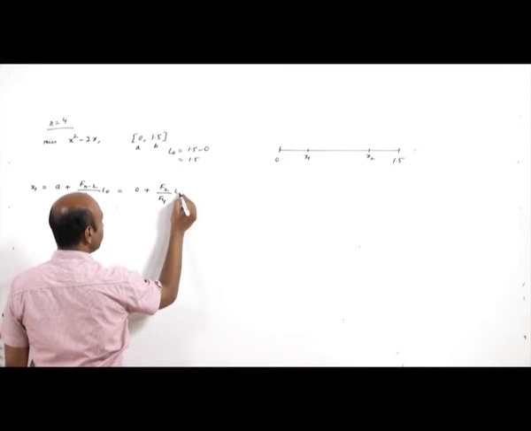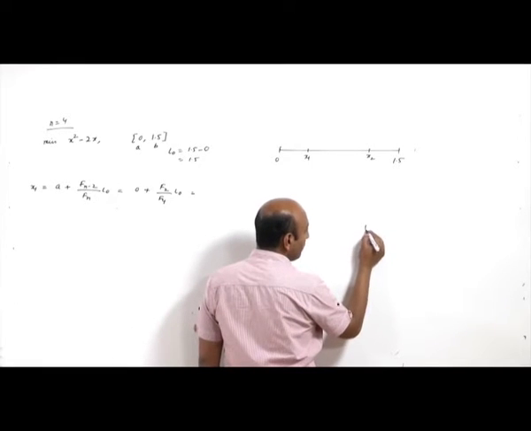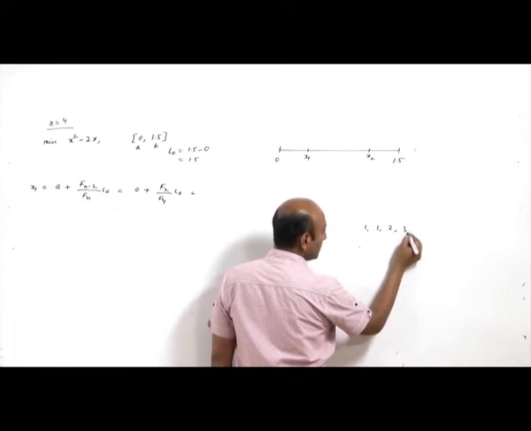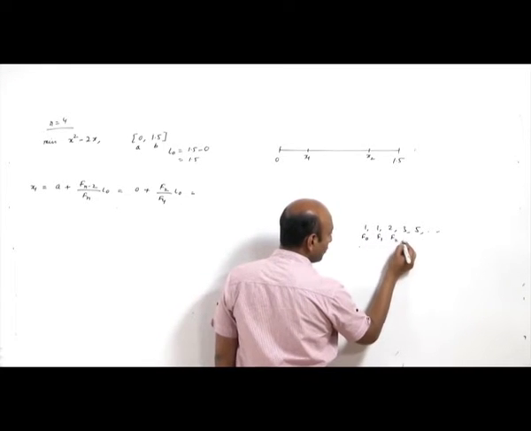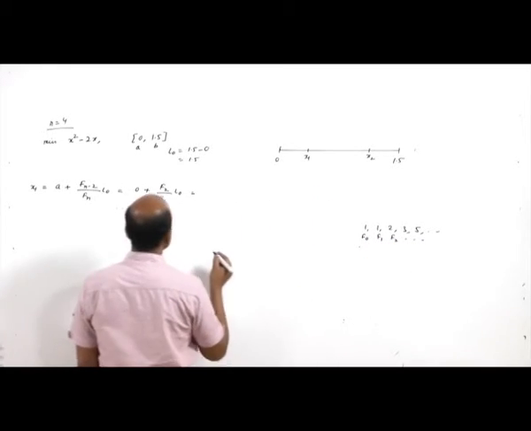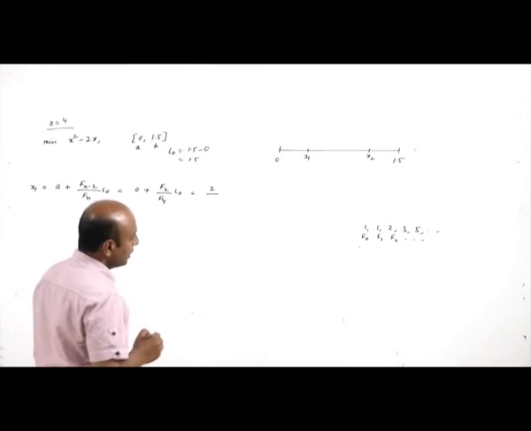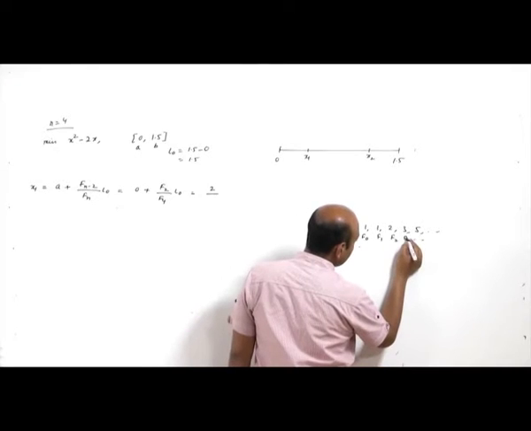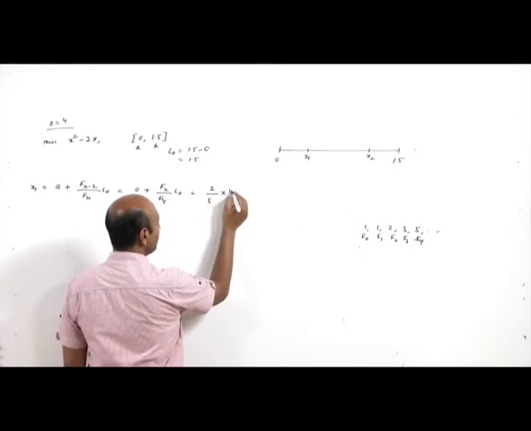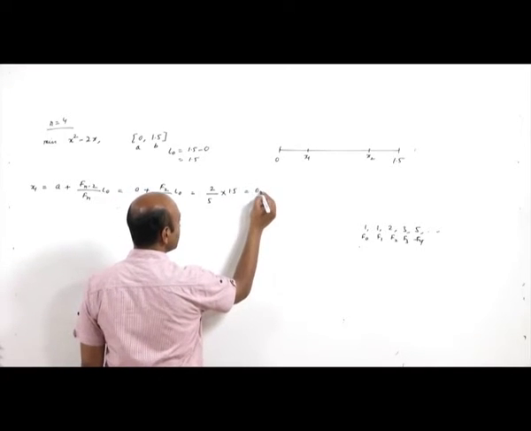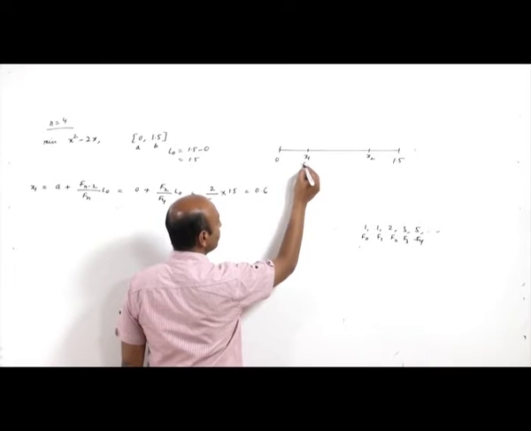And what is f2? Now, if you write the Fibonacci series, it is 1, 1, 2, 3, 5 and so on. So, it is f naught, f1, f2 and so on. So, f2 is 2, then f3, f4, and f4 is 5, L naught is 1.5. So, it is 0.6. So, this experiment is 0.6.